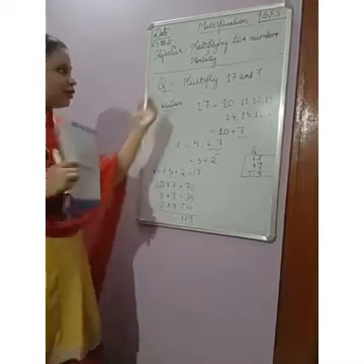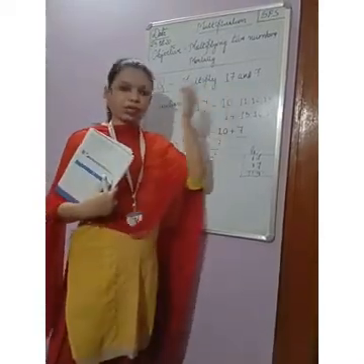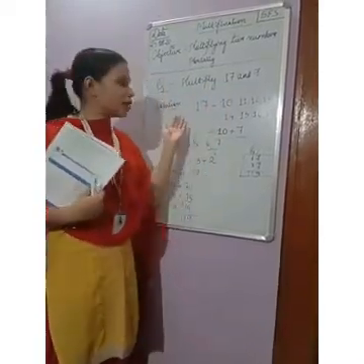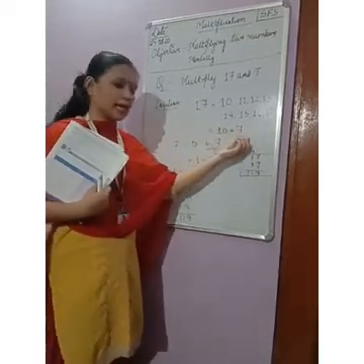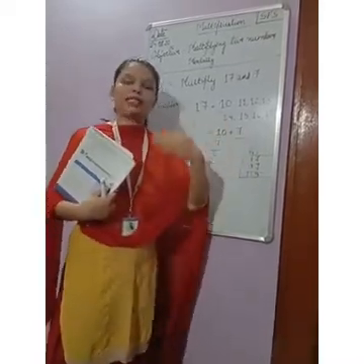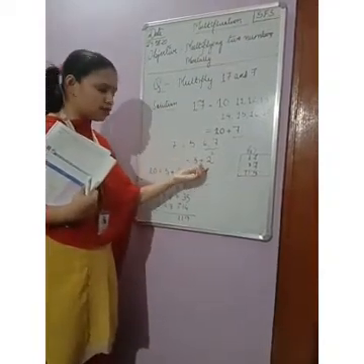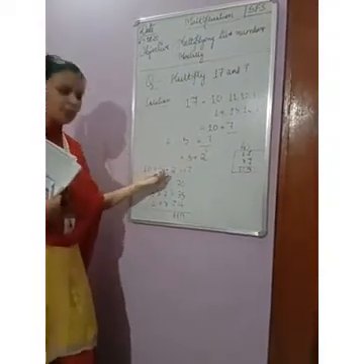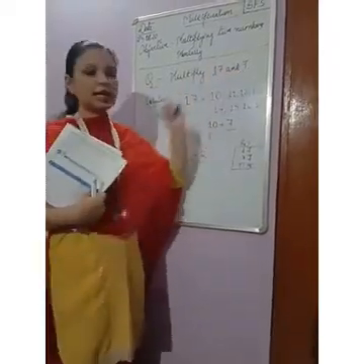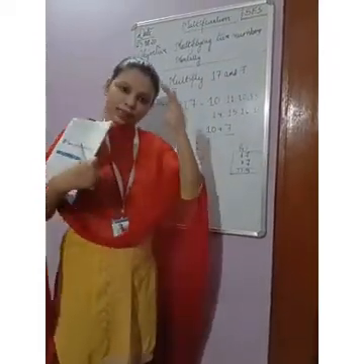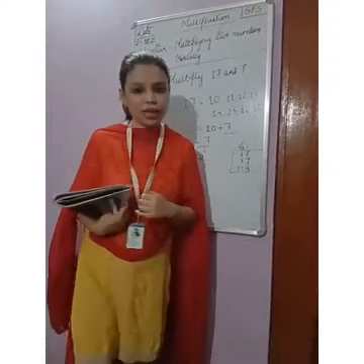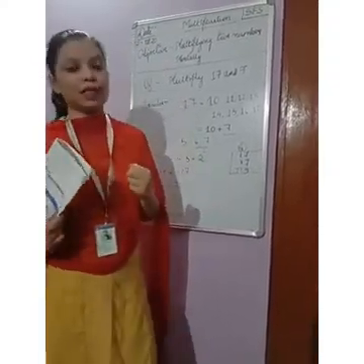Okay children? First, if it is a larger 2-digit number, we are breaking it into two parts. Again, if the digit can be split into two equal parts, then we can take it as 5 and 2. The three numbers will multiply individually with the second number. Then you add the numbers. Alright children, this is the way of doing multiplication.